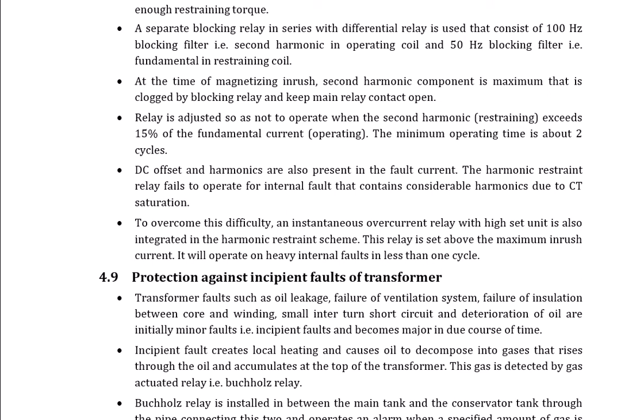Okay, so the relay is adjusted so as not to operate when the second harmonic exceeds 50% of the fundamental current, and the minimum operating time is about 2 cycles. Okay, so DC offset and harmonics are also present in a fault current. So the harmonic restraint relay fails to operate for an internal fault that contains considerable harmonics due to the CT